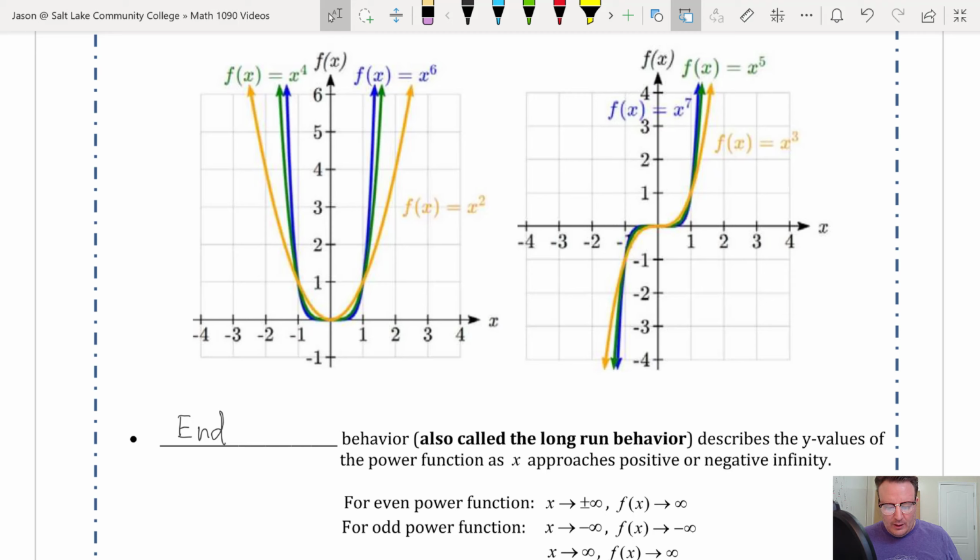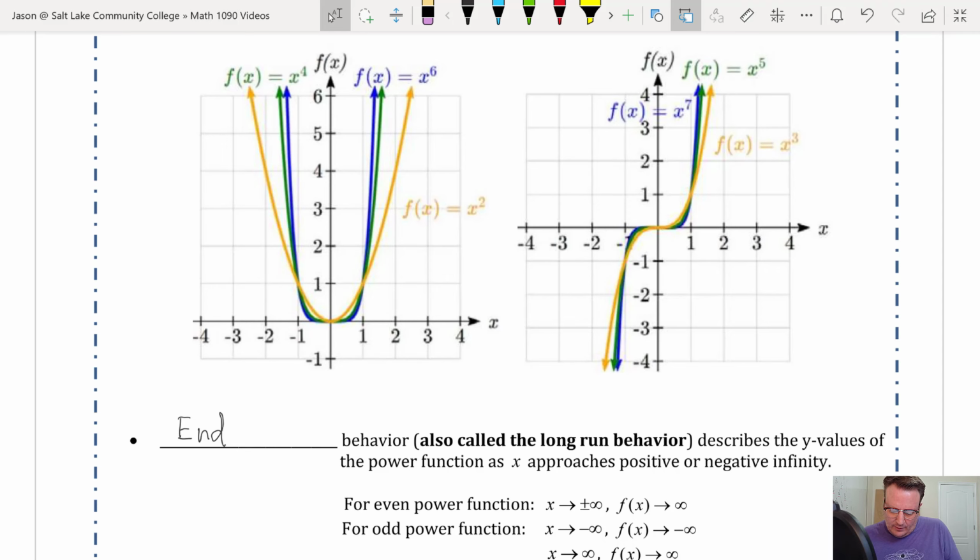The lower the power, the less quickly the function grows, or grows in the negative direction. Either way. End behavior, also called the long-run behavior, describes the y values of the power function as x approaches